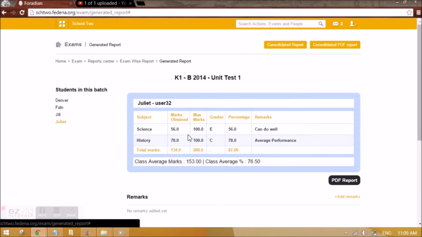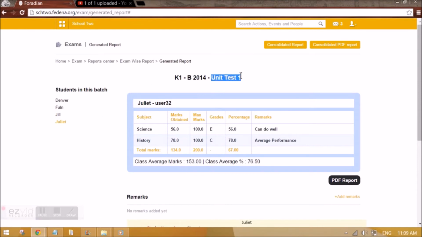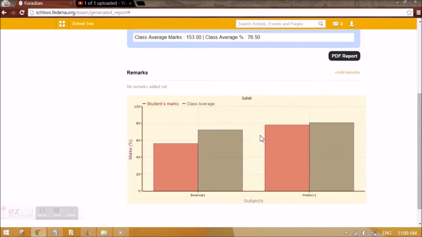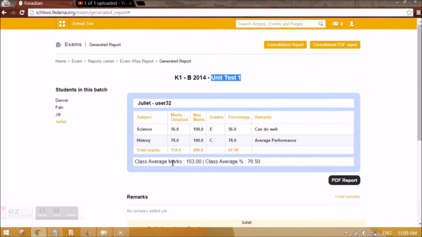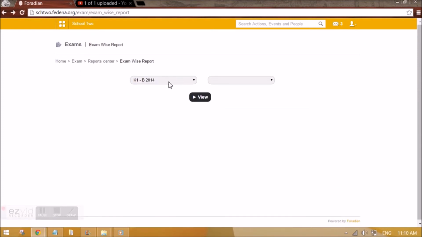So for each of the students I can see like this. In science, what is the marks obtained, what is the grade? Marks and grade both are coming because that is the type of exam group that I selected, marks and grade. I can even have a PDF report. I can even compare the student performance to the class average. Class average will come here, and this is student performance. So this is exam wise,